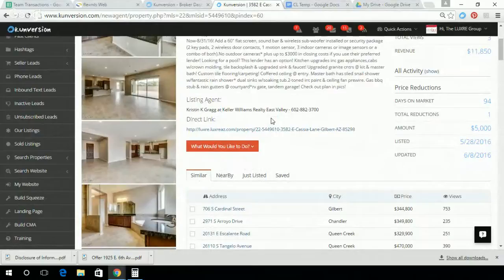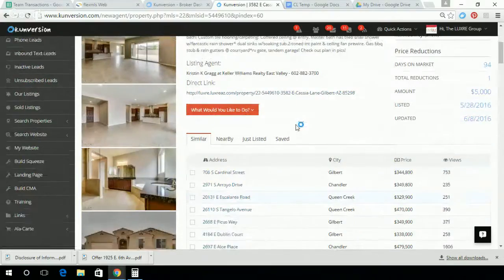In Arizona, Solutions Real Estate does not want us to post their ads. Remax does not want us to post their ads. West USA or Revelations, stay away from them. Everybody else is pretty much open game. They don't mind, okay? We have a lot of brokerages that actually want us to.